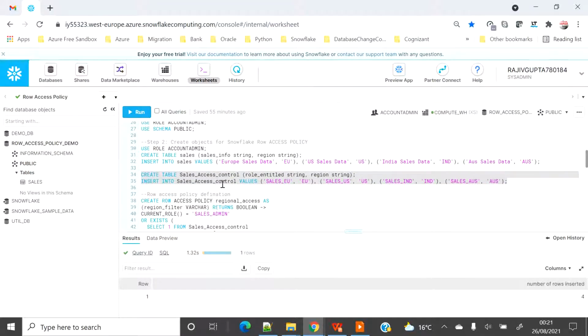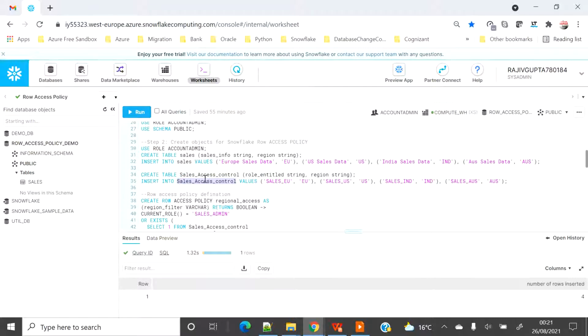Now, if you have watched my previous video, you are aware that in the previous video I created a view which used the current role, the system built-in, to filter the data, with the logic sitting on a view on top of the table. But the shortcoming of that way of implementing row level security was that we have to give the grant of the access control table to the particular user.